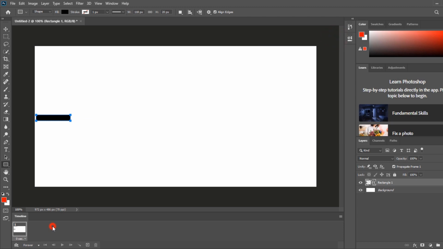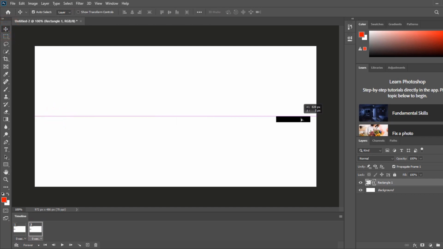So what I need now is to click on this icon here, just as you create a new layer here, I'm gonna click on this icon, and with this layer selected, it's gonna create another frame for me with the same elements that I had in the first frame. Okay, so as you can see, now it also creates a layer here. I have my rectangle layer. So now, for example, if I move this all the way here,